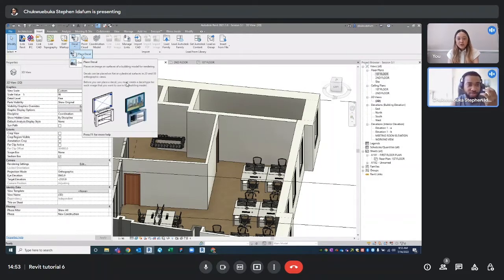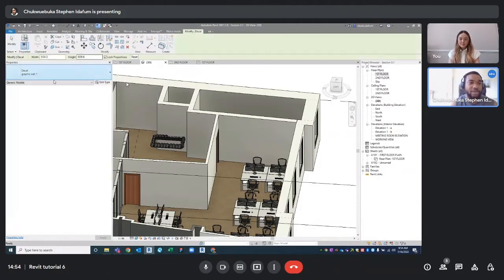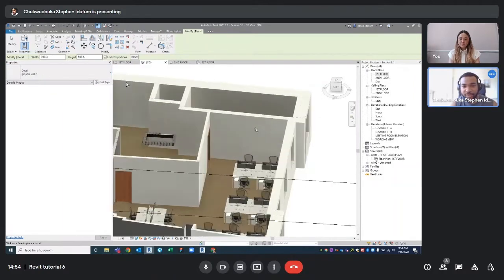So before it was decal type. Why I did decal type was because I didn't have any image in this project. So we needed to create different types so we can actually place it in the model. So once you're happy with that, you click on place decal. Now on the properties tab, it shows you what we created, a graphic wall one. Once you're happy with it, then